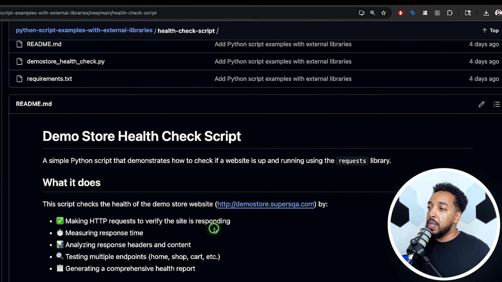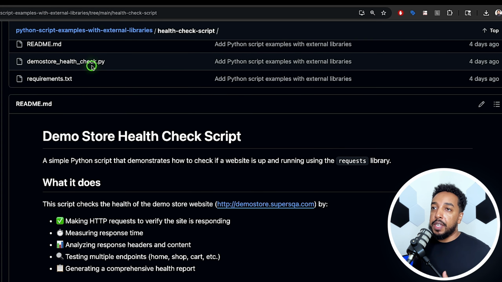What the script does is it goes into our test site, demostore.supersqa.com. It's just making an HTTP request, and it's just making sure the website is up and running, right? That's all it's doing. It's like a health check. So it's just one Python script that it runs and it makes sure the